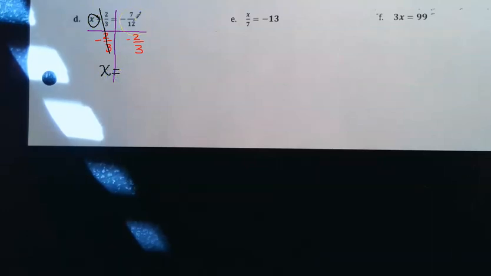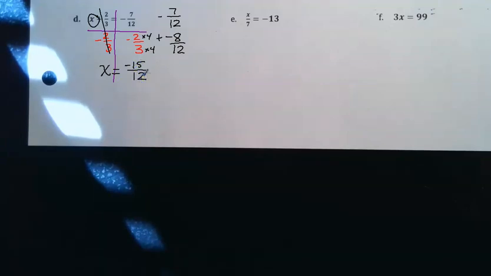Negative 7/12 minus 2/3. We're going to have to do some work there to get those common denominators. So I would multiply by 4. So this is going to be minus 8/12. So what's negative 7/12 minus 8/12? Or we can add the opposite, which would make this plus a negative 8. Negative 7 plus negative 8 would be negative